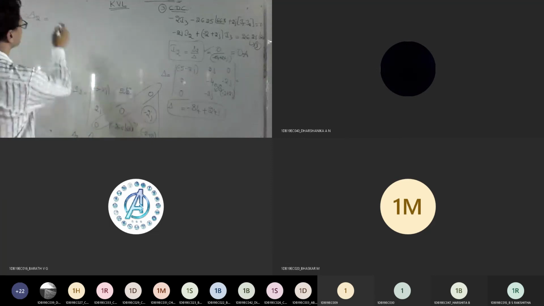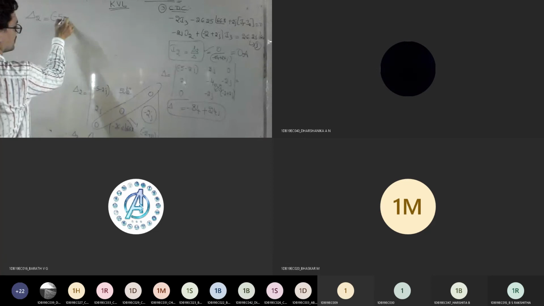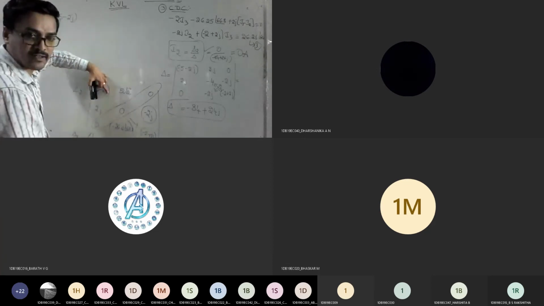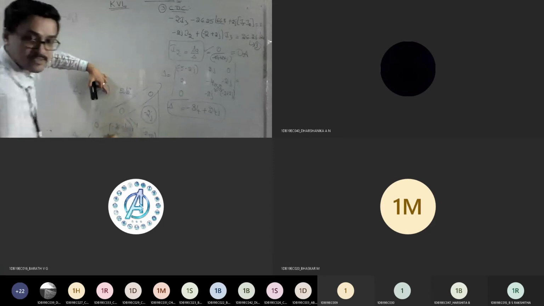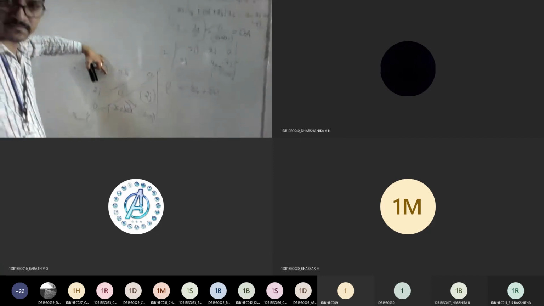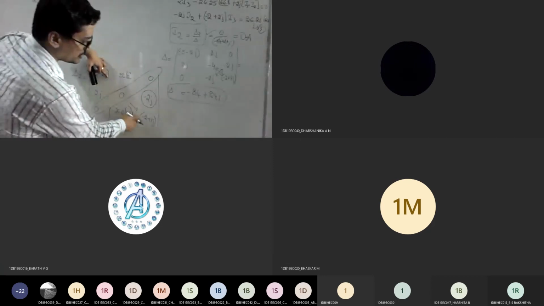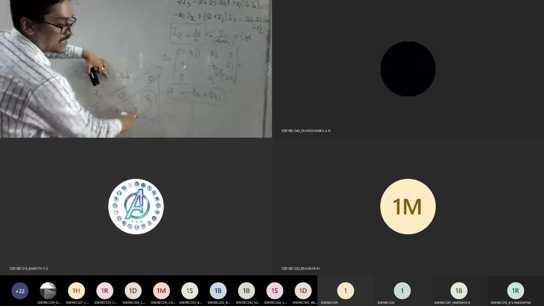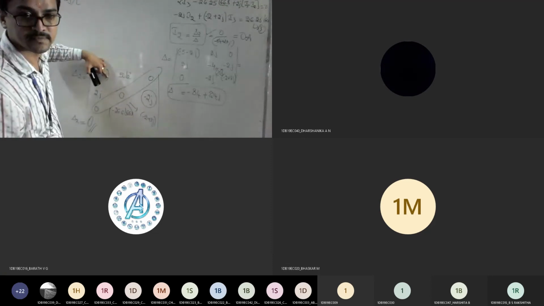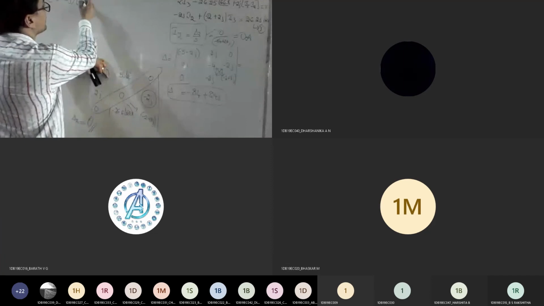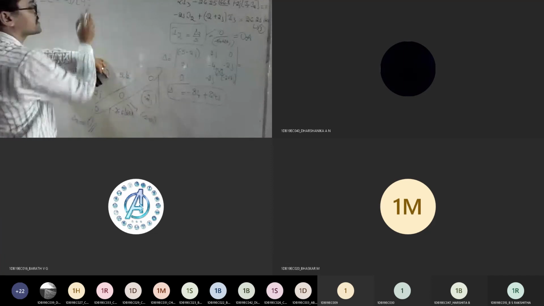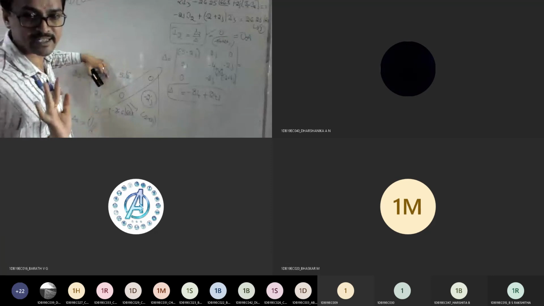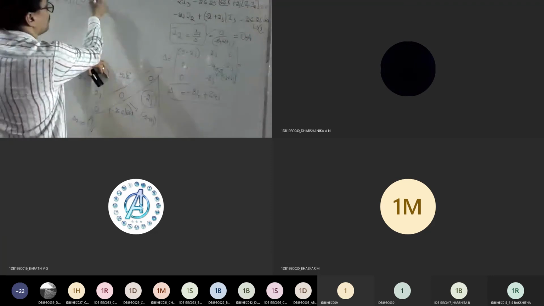So the first term is this: keep it as it is, minus 5 minus 2j. Then the rule says this into this. Is it visible? So 0 into this is nothing but 0. Am I correct? So you can write directly 0. The symbol is minus, keep the minus as it is. Don't worry about plus minus; we have to subtract each other. That's it.